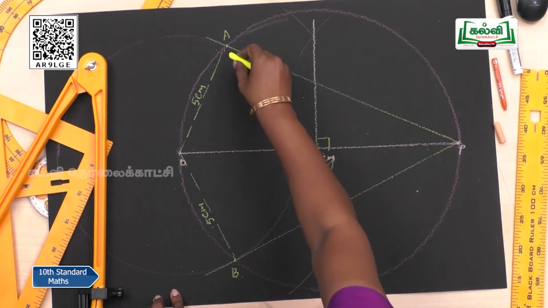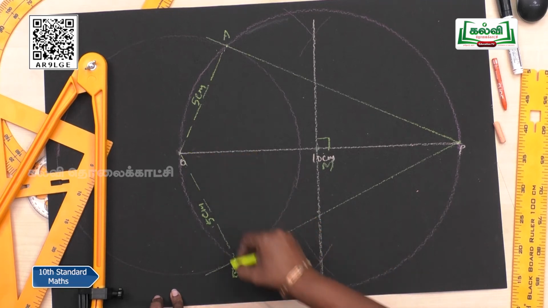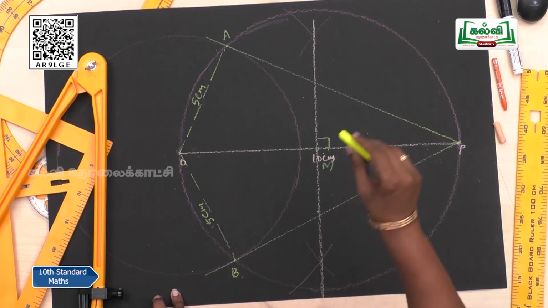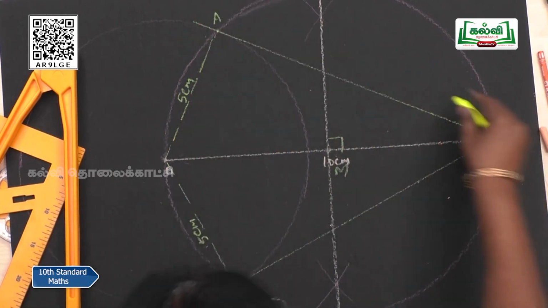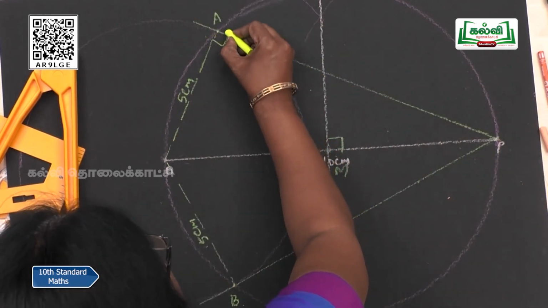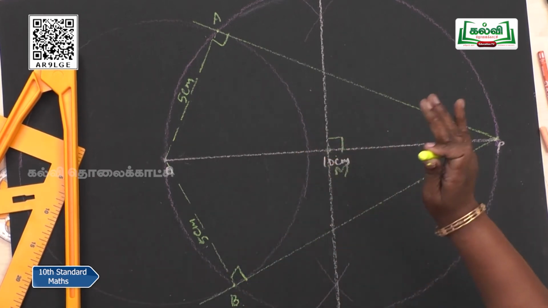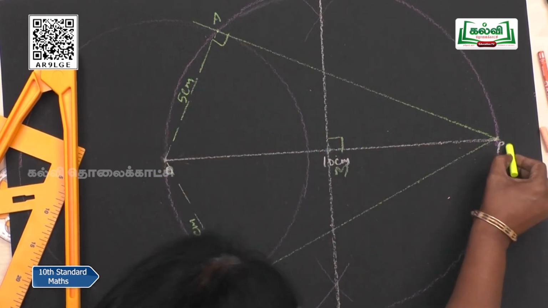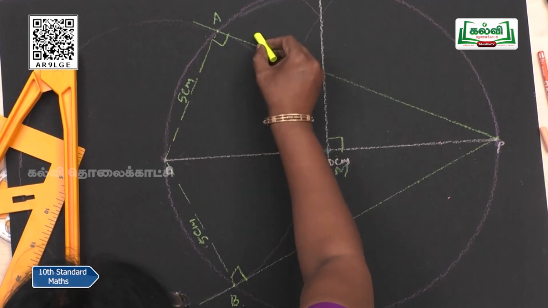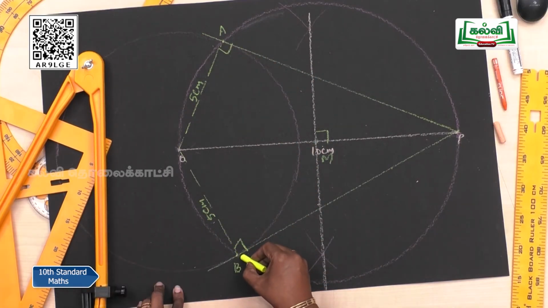Now, what is that A? You have to join that OA, no, that is 5 centimeter, and OB is also 5 centimeter. Here we are going to say the result, and this radius and the tangent both are meeting at an angle of 90 degree. This is very, very important, you have to mark it, otherwise one mark will go away. So, now OA is a radius and PA is a tangent, both will meet at an angle of 90 degree. Here also 90 degree, you have to mark it.